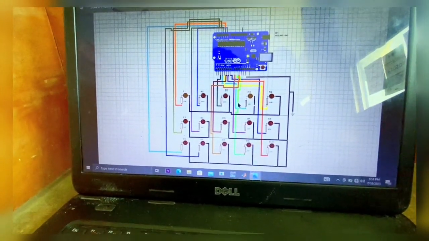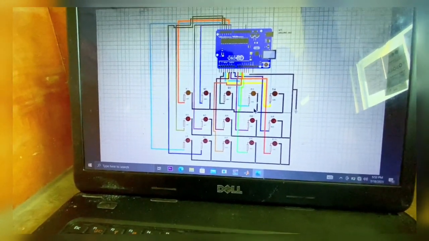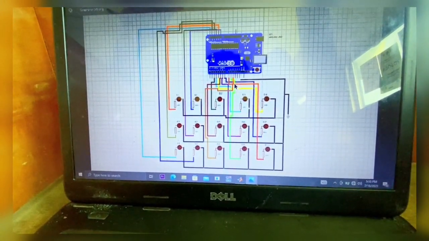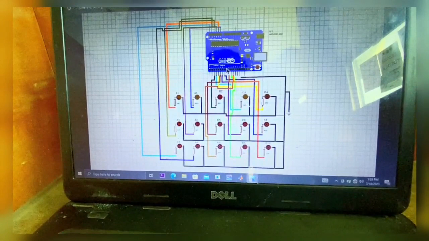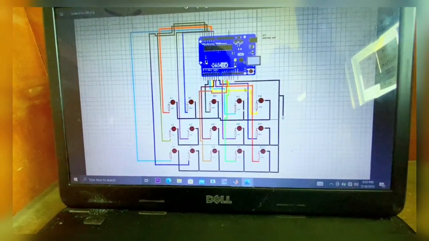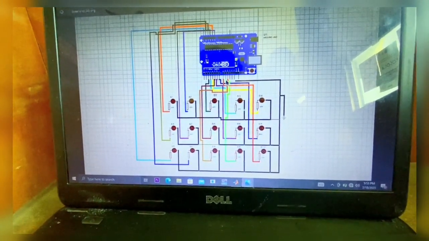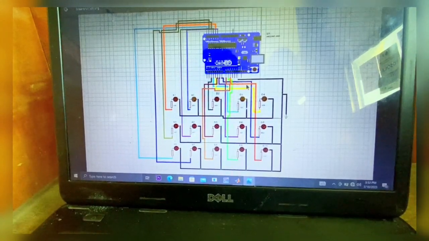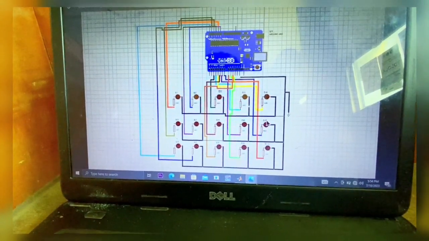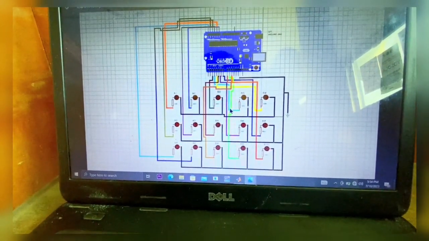So if we do it like that, I can turn this one on and it won't affect this, it won't affect this. So just think of it like each of them is connected to a separate battery, but they're actually connected to different pins on the Arduino. Just think of the pins as separate batteries, for simplification purposes. So they are connected separately. That's the reason for the separate connection, nothing special. Because if we made it in series and parallel, if we turn on a bulb, then maybe another bulb in that line we would have to turn on, or in the column or in the row, whatever. So that's just the basics of